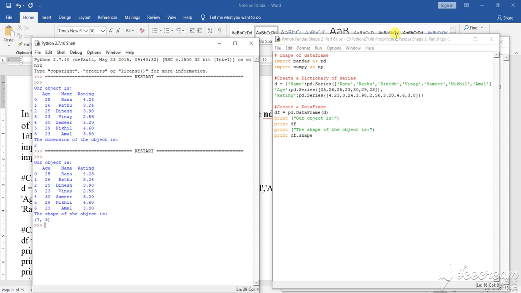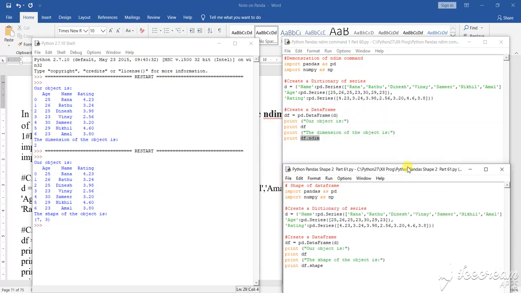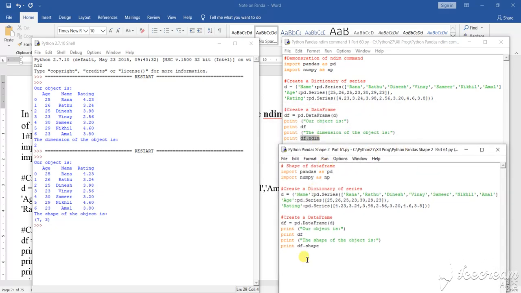But the second program, what you are seeing: this is our first program and this is the second program. This is the first program, ndim, and this is the second program where I have given the shape. Where I have given df.shape. Shape means how many rows and columns. Simple way, how many rows and columns are there in a program.